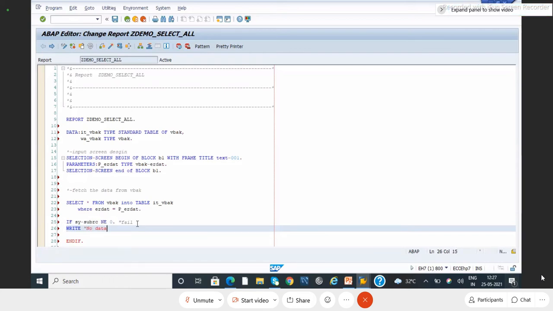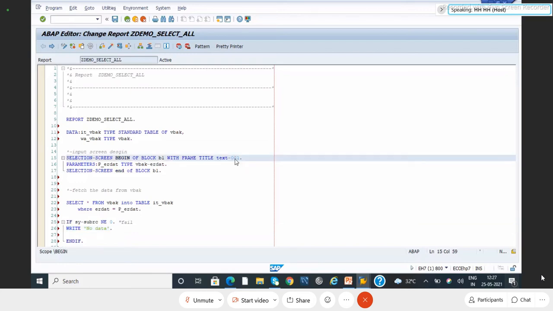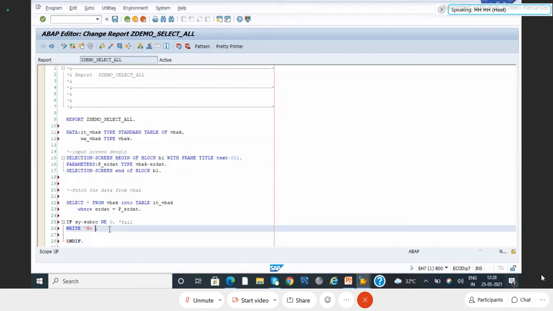And we already discussed that today. This is inverted commas, whatever you are writing is hard code. You have to avoid hard code. Please don't keep hard codes. You have to use text symbols like this. We know the concept, so without repeating, just use the text symbol. Double click on this and you can maintain the text 'No data'.